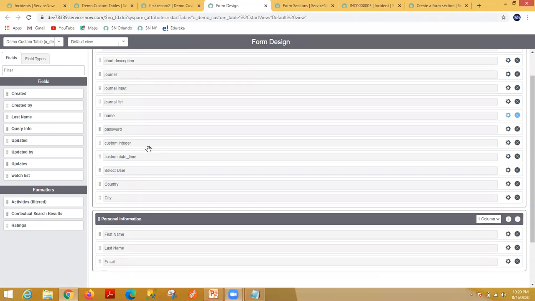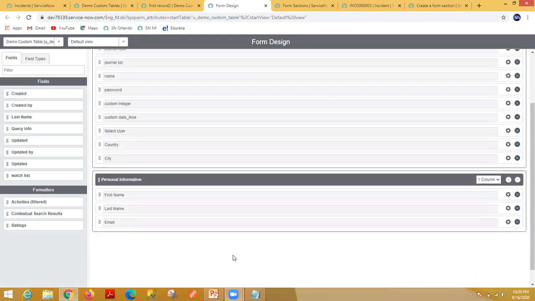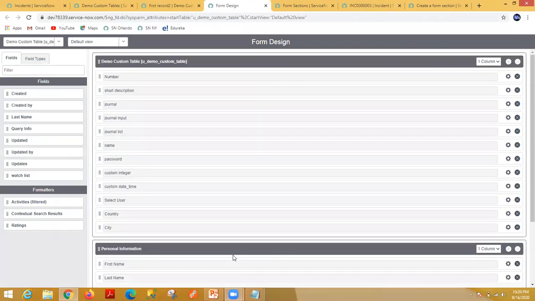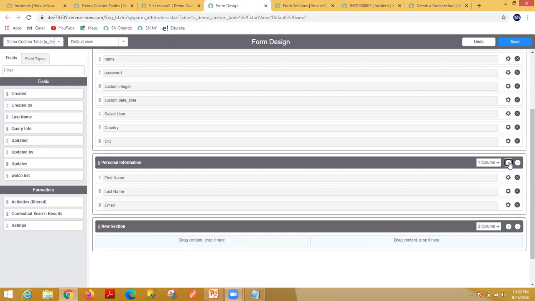This is my second section, personal information, right? First name, last name, email. Now what you can do, if you want to create one more section here, you have to click on this plus icon. Okay, add a new section after section 2. So this is my section 2. I want to create one more section, so plus, you can see this new section, you can just give any name here. So let's say new section name is